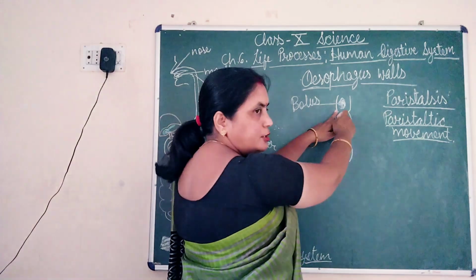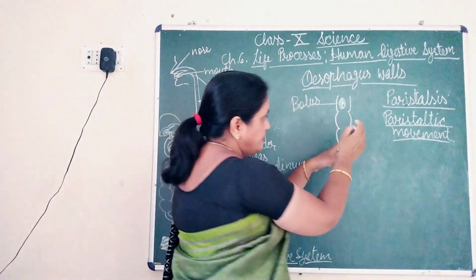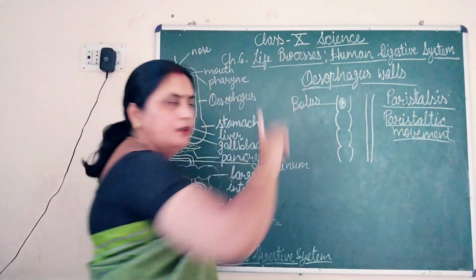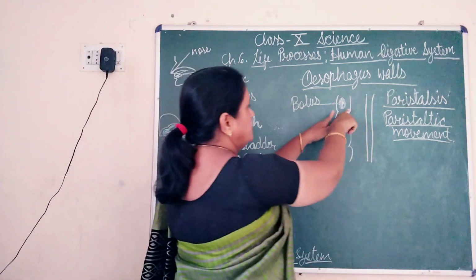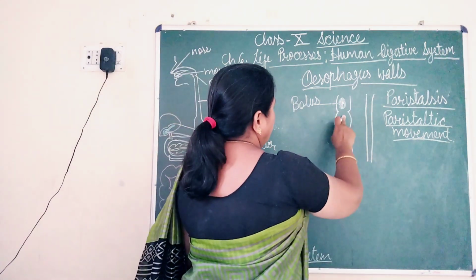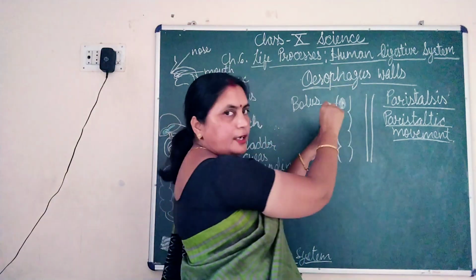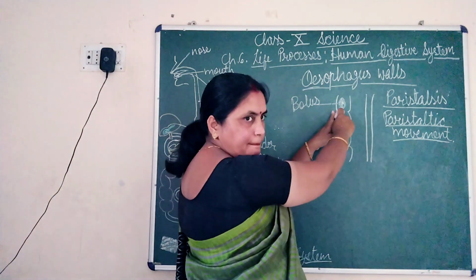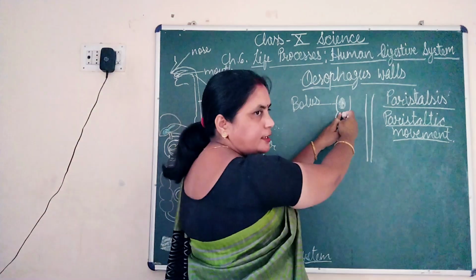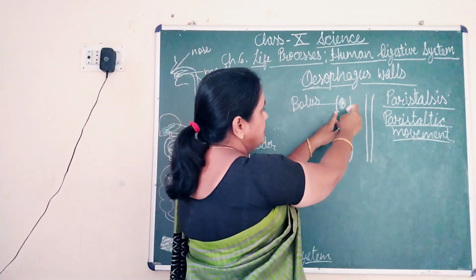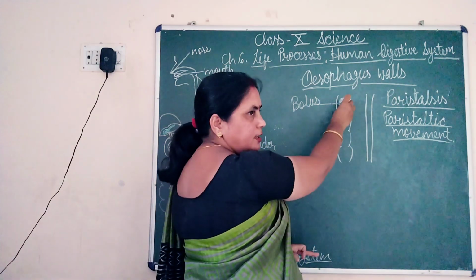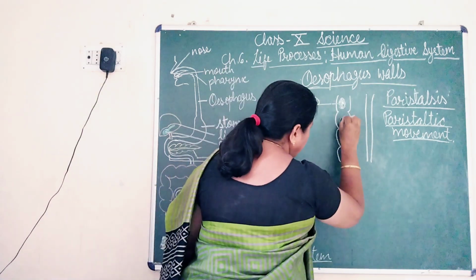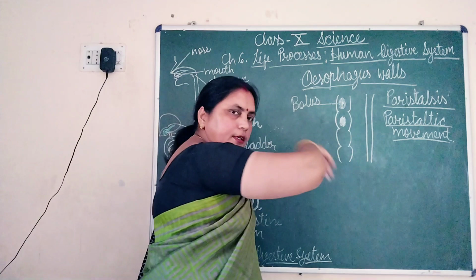See children, these are the walls of esophagus. It is straight. This pipe is straight. These are the walls which have muscles in them. So when the bolus enters the anterior part of esophagus, the walls just below it contract. The walls just contract just below the bolus, and then they are relaxed suddenly. And as they are relaxed, this bolus will slide or slip into the next part.